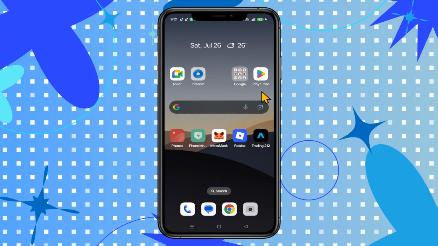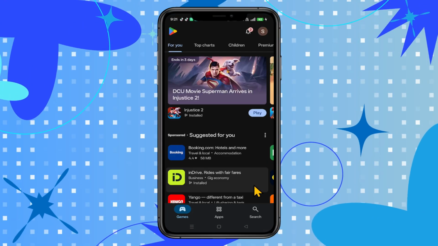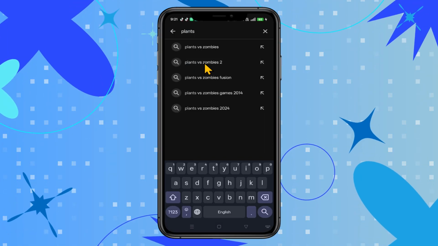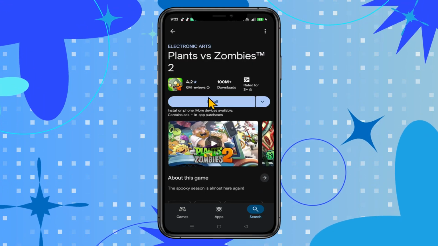First of all, open up the iOS App Store or the Google Play Store depending on your device. Once you open it up, just tap on the search button and then type in Plants vs Zombies 2 and begin your search. Once you find the Plants vs Zombies 2 game, just tap on it and you will see